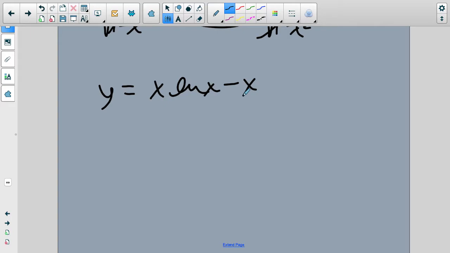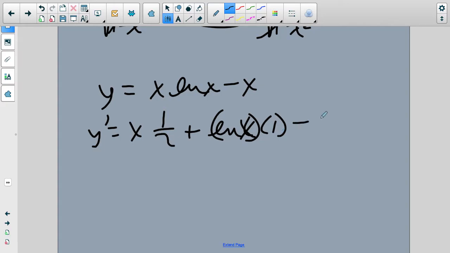I think this is going to work. If it doesn't, we'll just move on. We'll just call it a good example, okay? So I'm going to say first comes derivative of the second plus the second comes derivative of the first. And the derivative of x is negative 1. Alright, so this was first times derivative of the second, plus the second times derivative of the first, and then